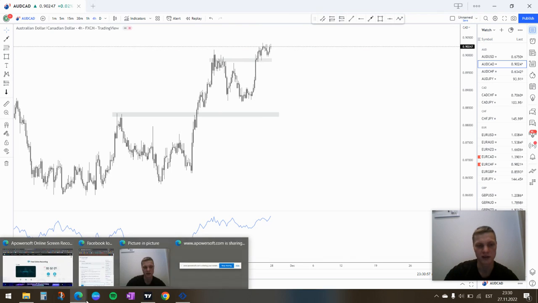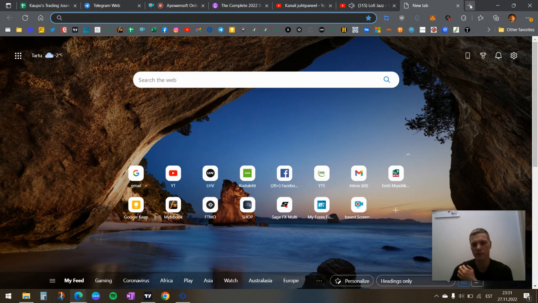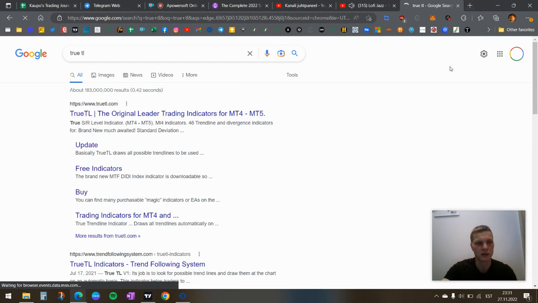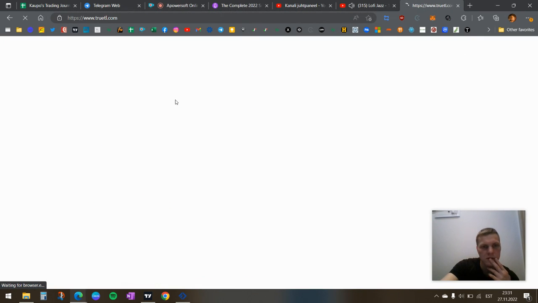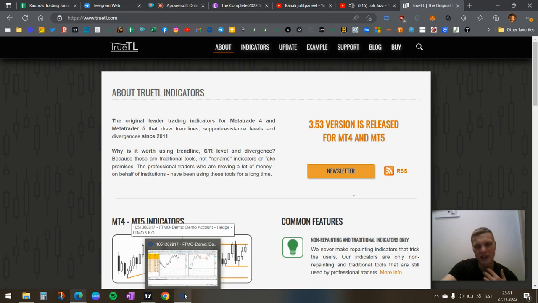One thing I'm actually thinking about using again as an extra confirmation is the true TL indicators. I've used them in the past. These are for MT4, MT5, so it's a little bit inconvenient. I mean, I'm doing my chart analysis on TradingView,